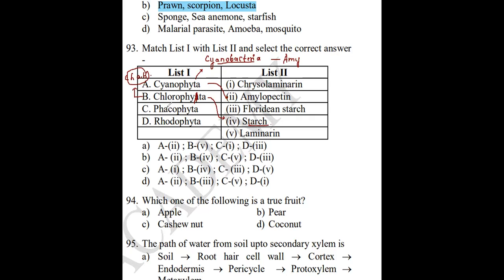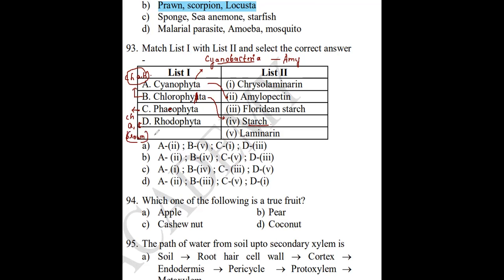And Phaeophyta, it's actually Phaeophyta or Phaeophyceae. They are nothing but brown algae, right? Phaeophyceae have pigments that give them a brown color. They also have chlorophyll, but the chlorophyll is a and c. And if you're forgetting things, you can remember it like this: brown algae, they are going to be